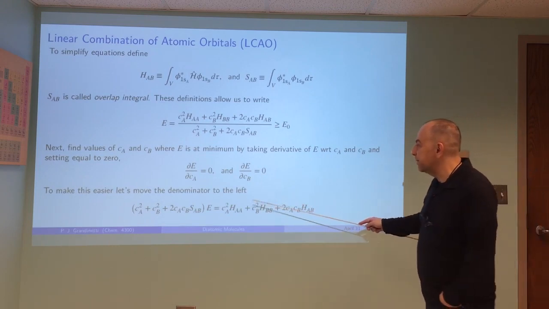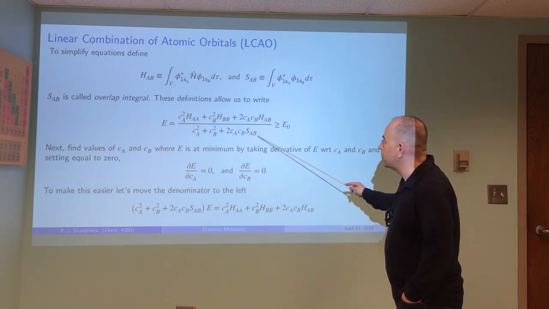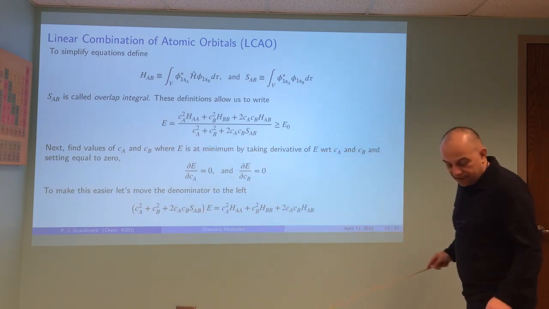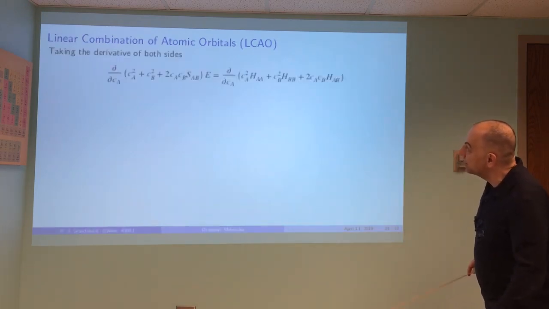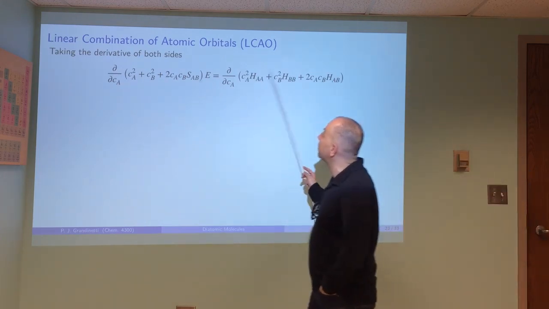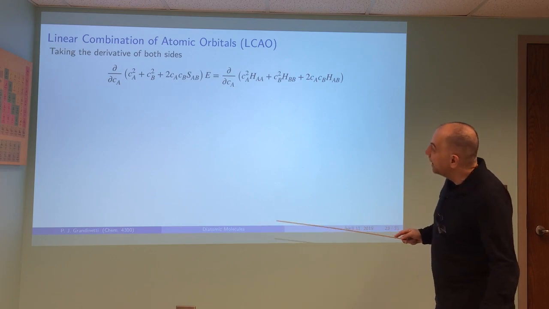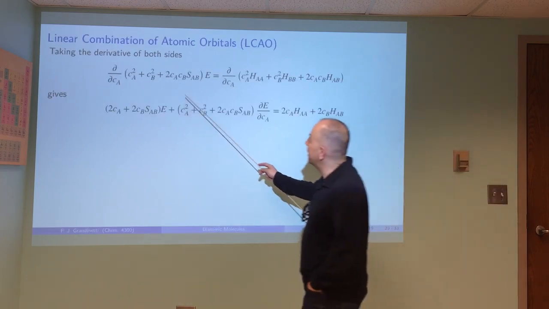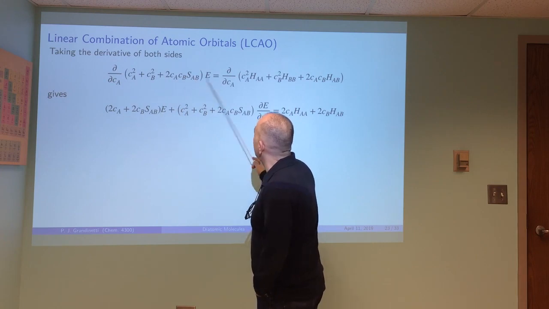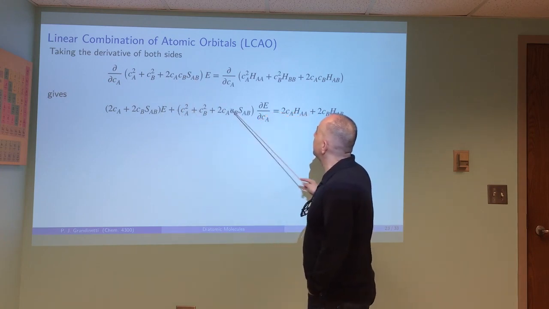So we're going to do this by doing a little math trick here. We're going to move the denominator, this guy, over to the other side. Okay, so just go back and check this very carefully. And then I'm going to take the derivative with respect to CA of both sides of my equation. And that's going to give me the derivative of the stuff inside here times E, and then this stuff inside here